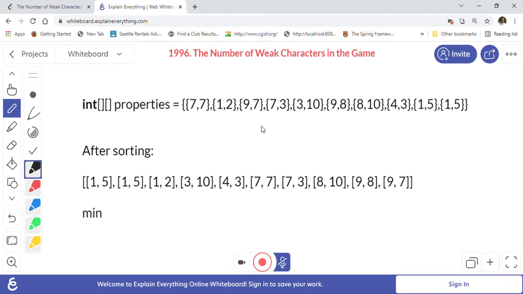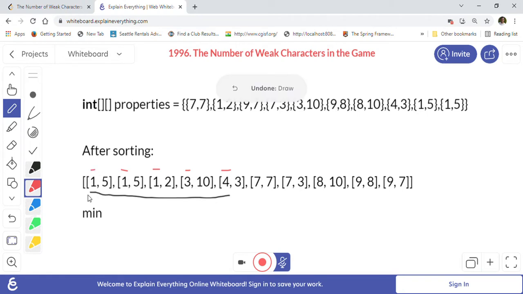So first thing, to solve this problem it is very important to understand that we have to sort this given array, and when we are sorting it, first we will sort it based on the attack, right? So attack basically will be in increasing order. For example, as you can see in these given pairs, the attack is in increasing order. For example, this one, then this one, then this one, right? Now 3, it is increasing, right? 4, then 7, like it's increasing order, like 8 here, 9, and then 9, right? So the attack power is in increasing order.